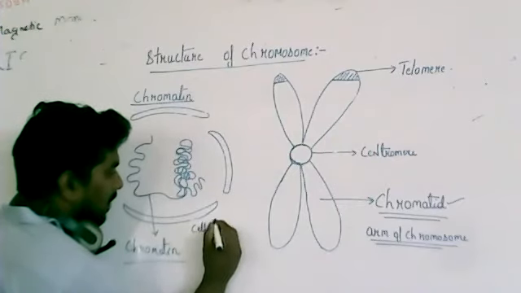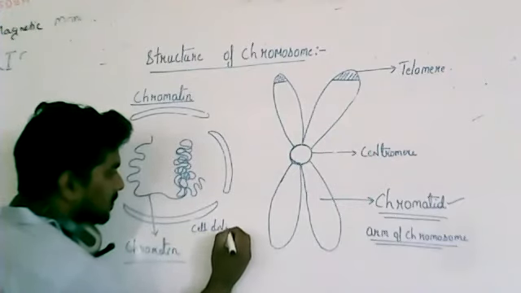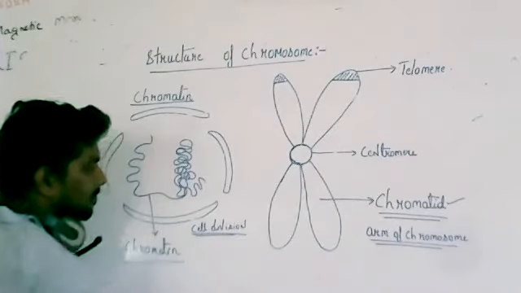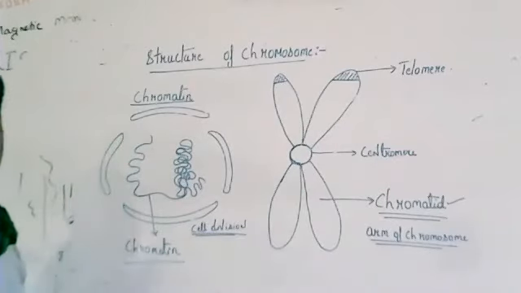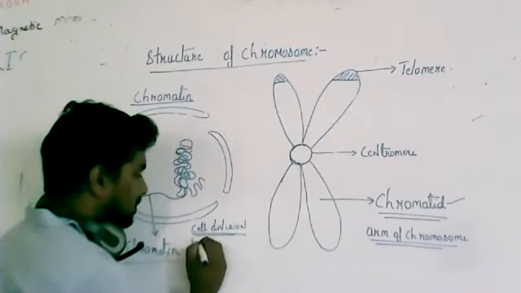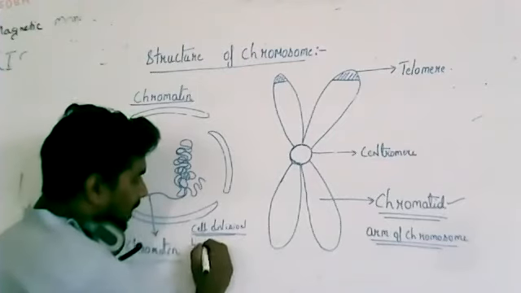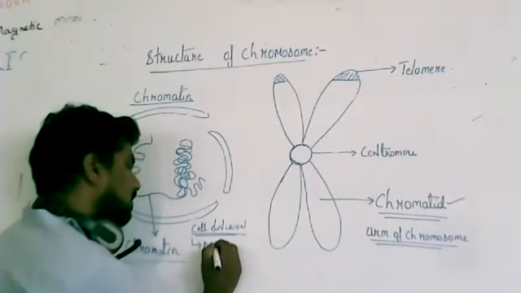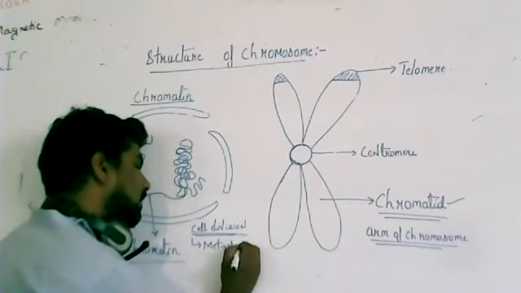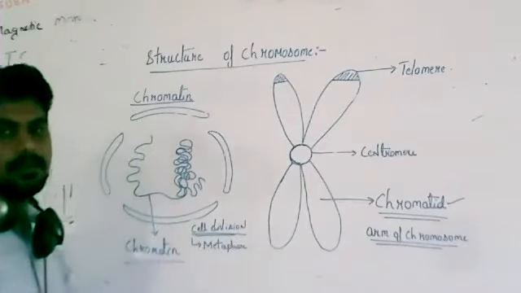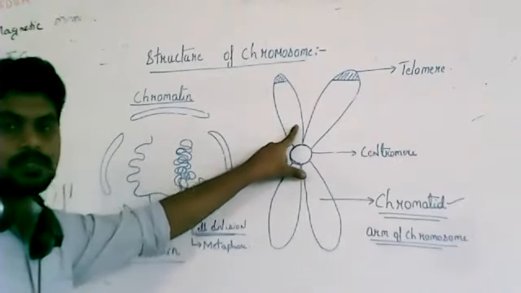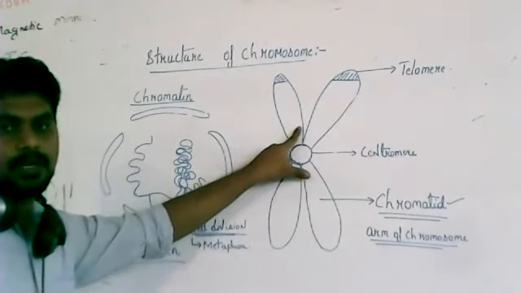During cell division, you will find chromosomes. That is in a particular stage of cell division called metaphase. Only in metaphase would you be able to see a structure which is called a chromosome. This whole structure is called a chromosome, and it is only formed during cell division.